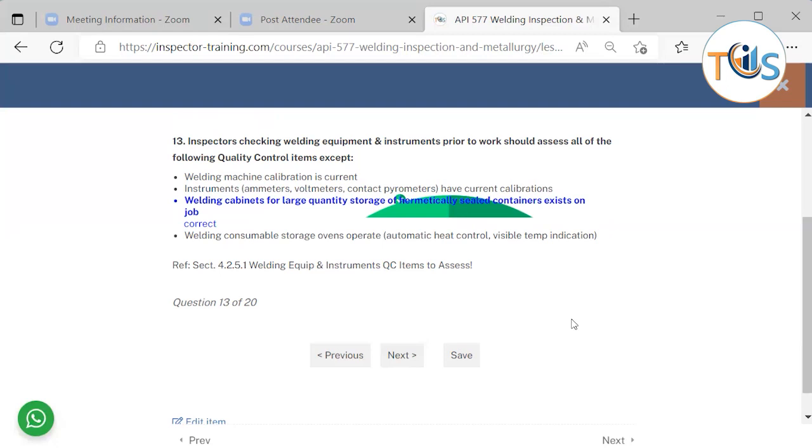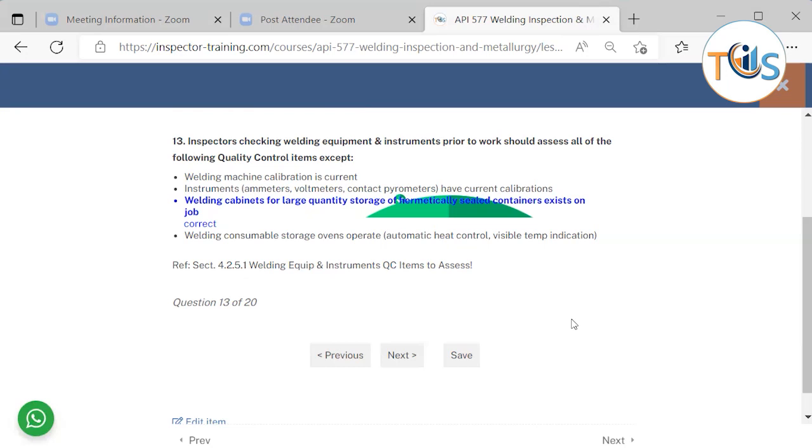Instruments that measure the ampere or voltage or the preheat current calibrations, that's correct. Welding consumable storage ovens operate, yeah, because if you need to bake the electrodes or fillers, you check that the ovens